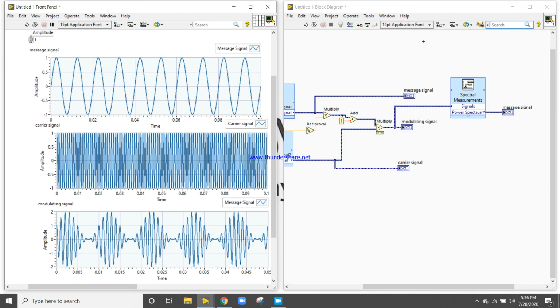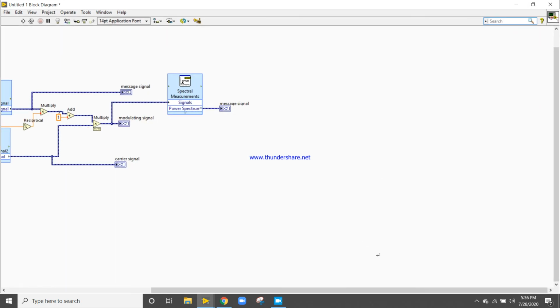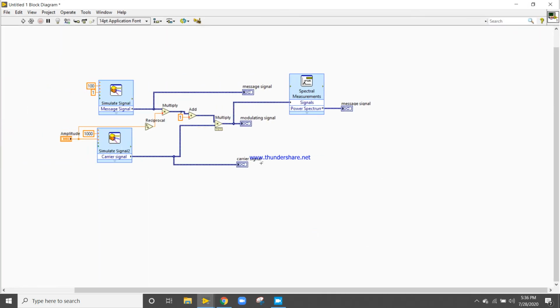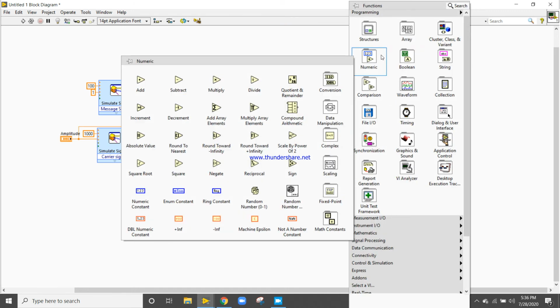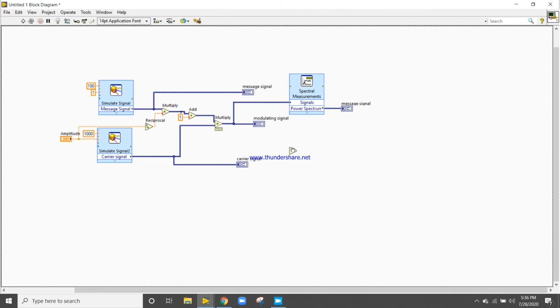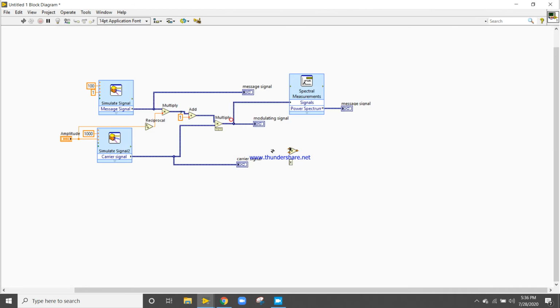Now let's try to plot the demodulation. For the demodulation, I know only one concept. The concept is to multiply the modulating signal and the carrier signal.